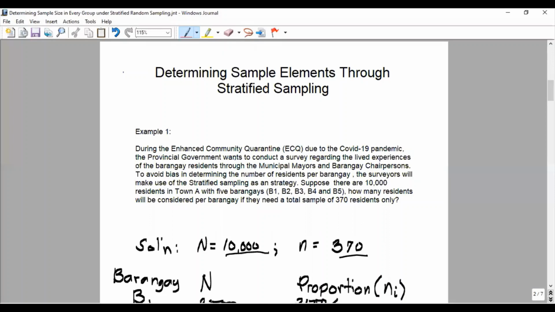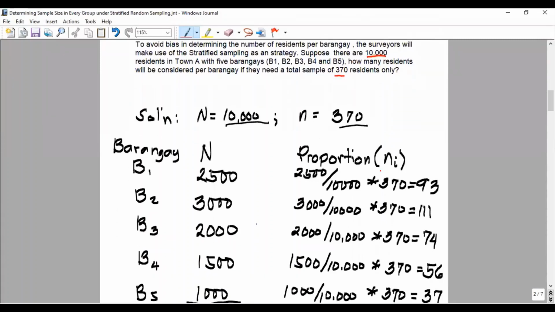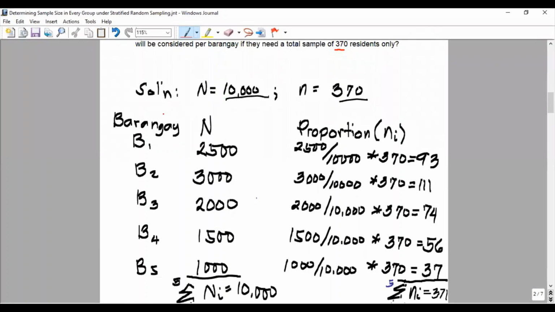as a strategy. Suppose there are 10,000 residents in Town A with 5 barangays, namely B1, B2, B3, B4, and B5. How many residents will be considered per barangay if they need a total sample of 370 residents only? If you notice, there are only 2 given data here, our sample size, which is 370, and our population size, which is 10,000. So notice that the first column here represents the barangay in